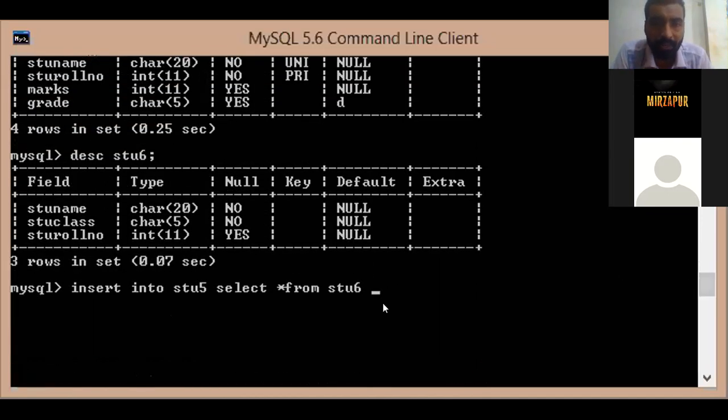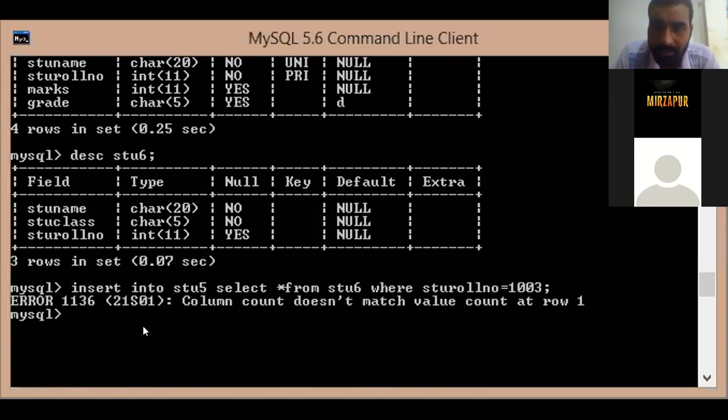Let us write the condition where STU roll number is equal to 1003. Now from STU6, the record of roll number 1003 will be inserted into STU5 if no error is produced. So let us press the enter key and see.